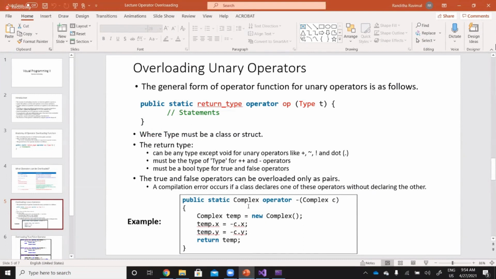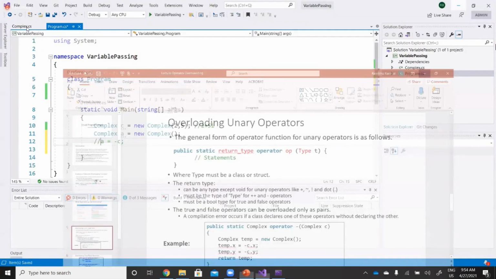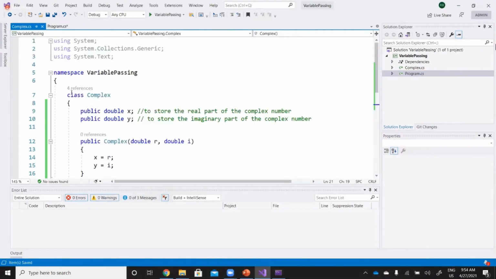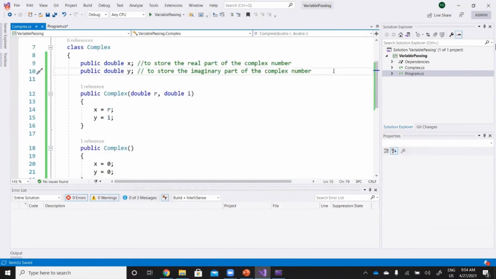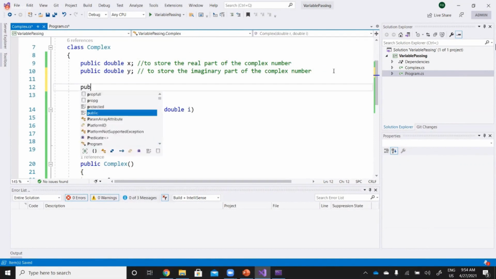Now here we have the public static complex operator, right? Public static complex operator, the operator. So we go here, and this is our complex class, our own defined class, and I will create operator overloading.